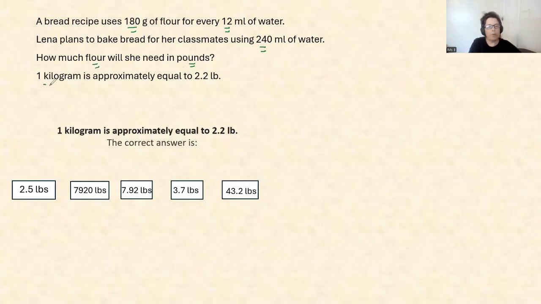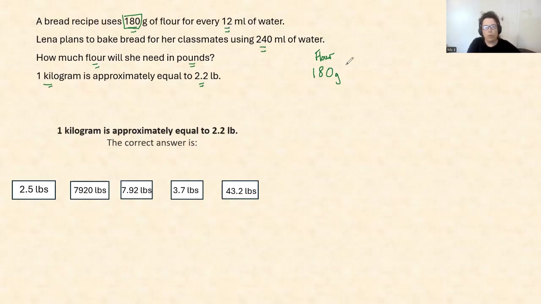1 kilogram is approximately equal to 2.2 pounds. And we have to pick which one of these is the correct answer. A bread recipe uses 180 grams of flour. So the recipe needs 180 grams of flour. And for every 180 grams of flour it